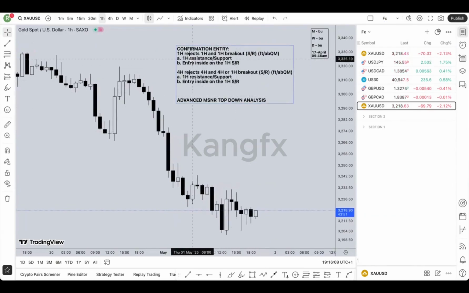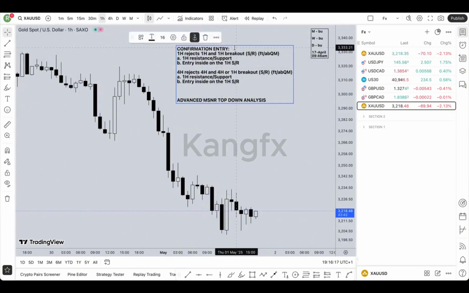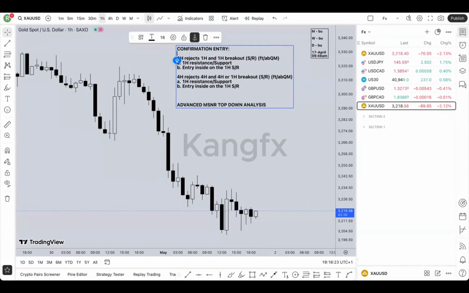First of all, there must be a 1 hour reject 1 hour. This is for continuation. This is a confirmation entry. And this confirmation entry must happen where, remember, when you want to get the first confirmation entry, when getting confirmation, this is very important. For confirmation entries,